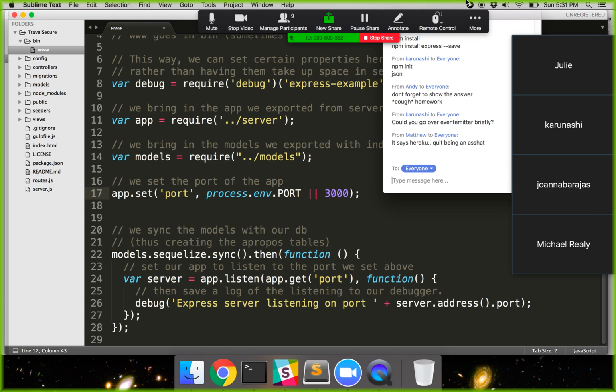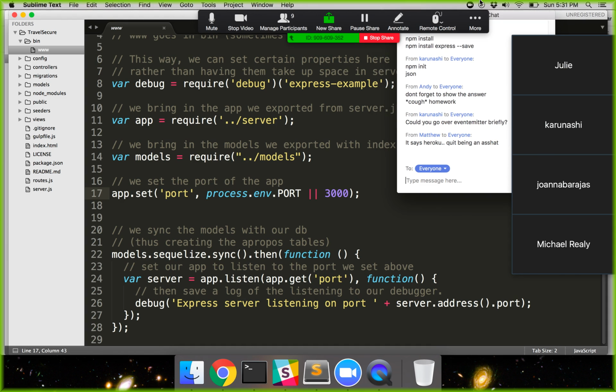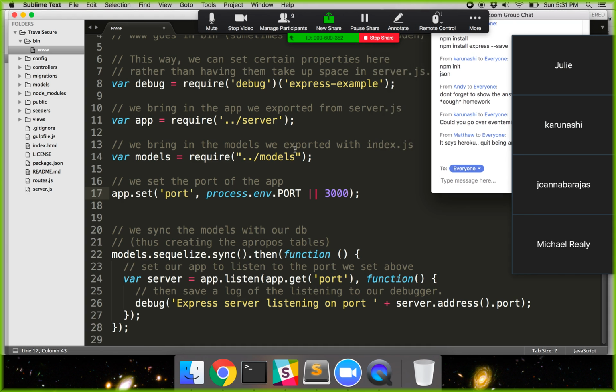Could you go over event emitter briefly? Event emitter. Oh, no, we're not going to go over that. Okay, so